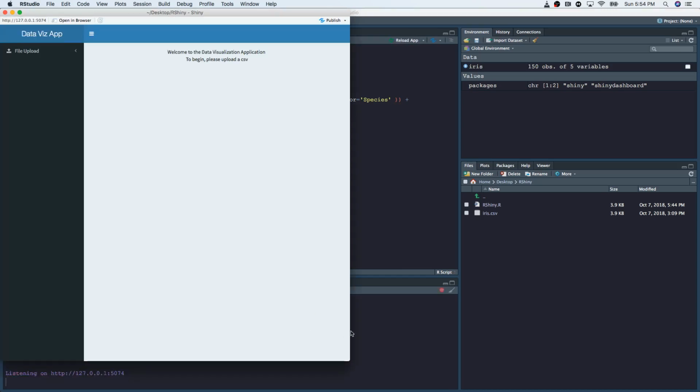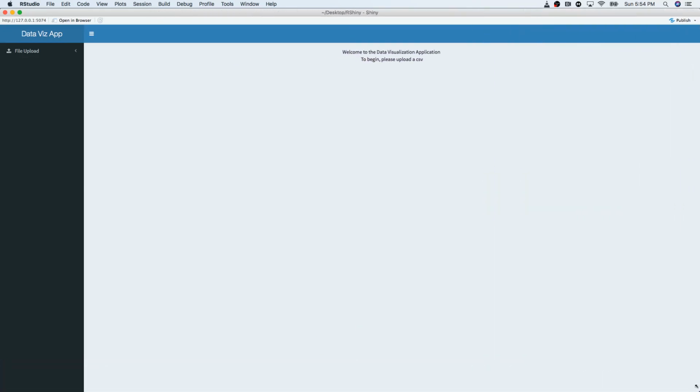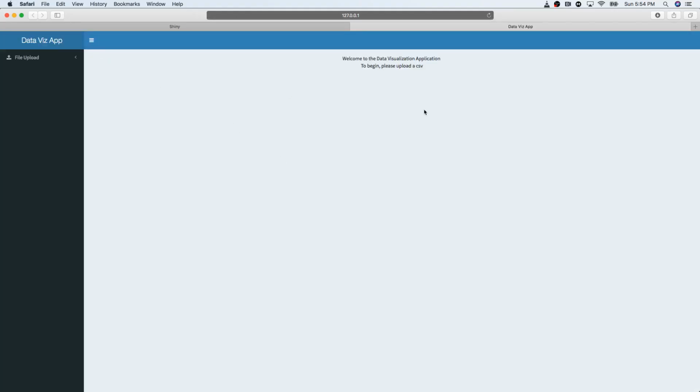If you run the application, the code that we have generated this user interface. And in fact, let's open this in browser. And it gives us a message at the beginning: welcome to the data visualization app. To begin, please upload a CSV. We've created a few widgets here. So you upload a CSV,